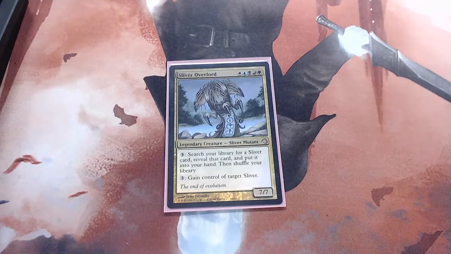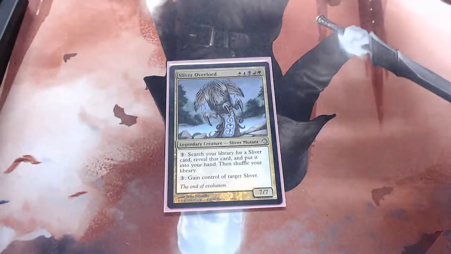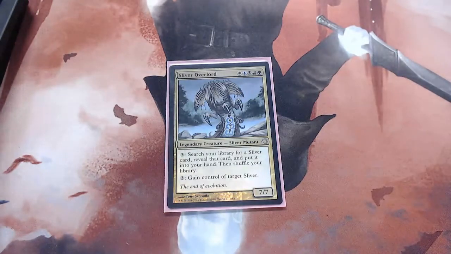But it's not Thrasios Timna scary. It's not Teferi, Chainveil Teferi scary. But yeah, they're slivers, so they're kind of scary. I think this is probably the best sliver commander because it allows you to search your library for a sliver and put it into your hand. That aspect of this card